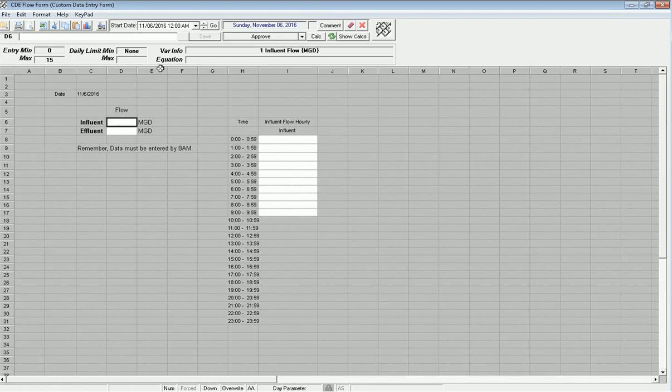And now it moves to that white cell. So the cursor's already there. It says I'm entering data for influent flow for Sunday, November 6th. That's yesterday. I can change the date up here, but I just go ahead and I type in my flow is 2.55. My effluent flow is 2.65. And now my hours,